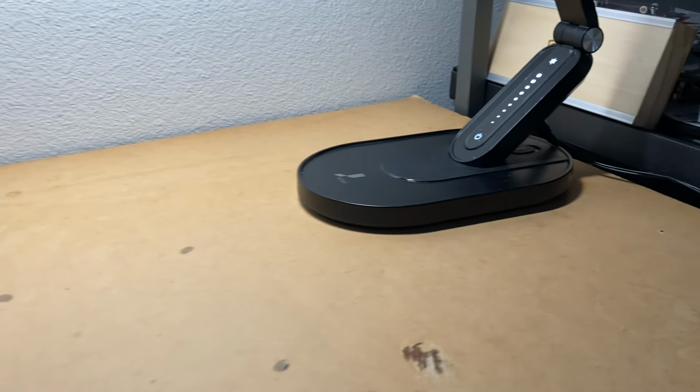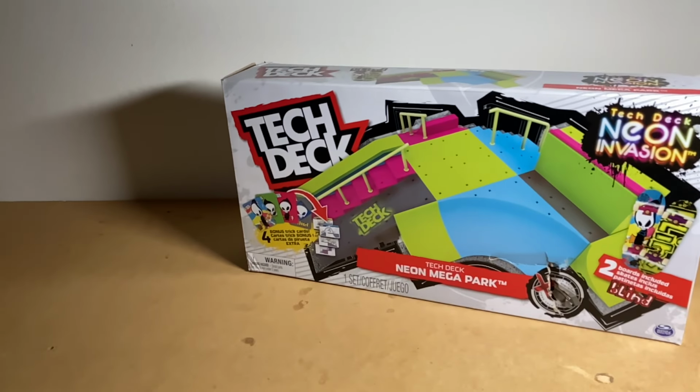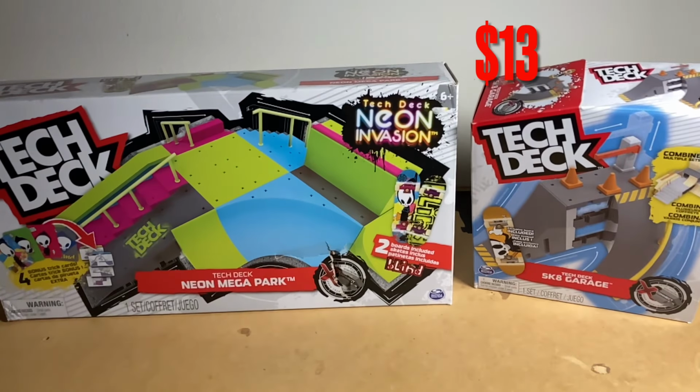Recently, I had to move my DIY fingerboard park table, and it's currently empty. I plan on completely redoing it, but before I add any permanent fixtures or pour any concrete, I want to do a mock-up of the whole park using obstacles only from Tech Deck. I'll be using the Neon Mega Park set that I did an unboxing of on the channel a while back,